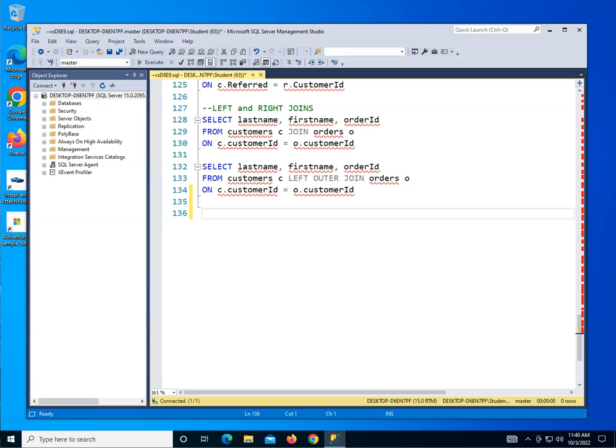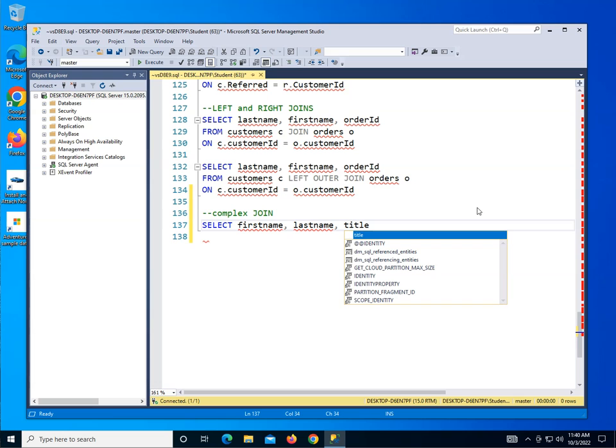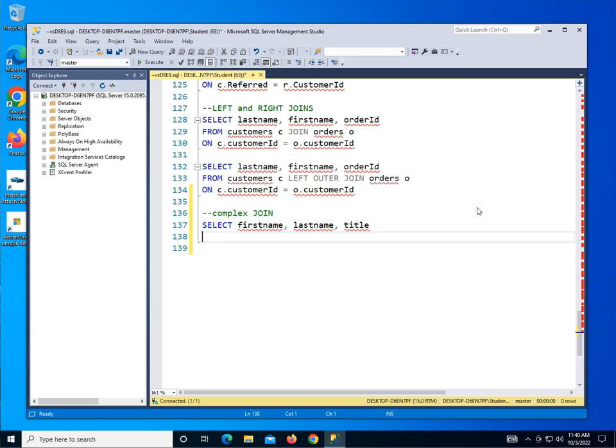I want to go ahead and write one more join that's kind of complex. I'm going to call it complex join here. Let me click in here first. All right, so I'm going to select first name, last name, and let's say title from customers, join orders. So far we've only done two table joins. How do we do more than two tables? Well, first we say on customers